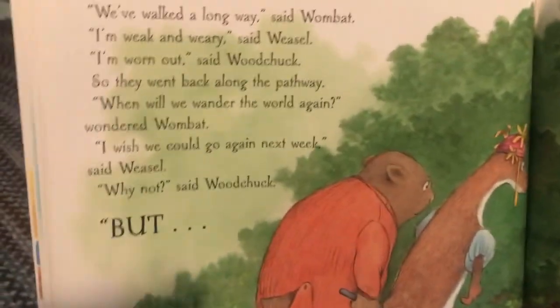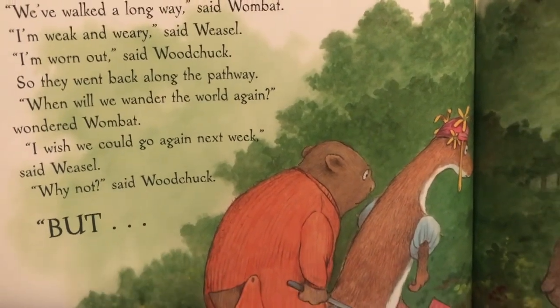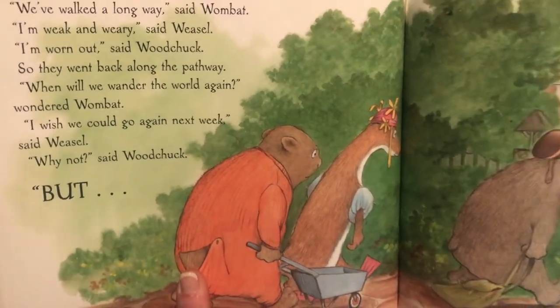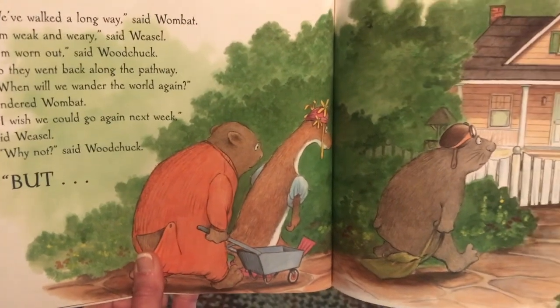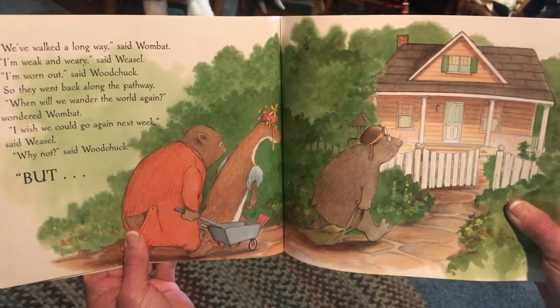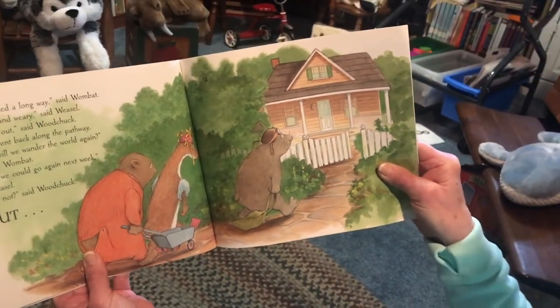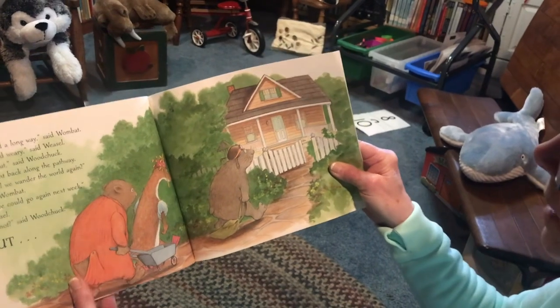"Well, we walked a long way," said Wombat. "I'm weak and weary," said Weasel. "I'm worn out," said Woodchuck. So they went back along the pathway. "When will we wander the world again?" wondered Wombat. "I wish we could go again next week," said Weasel. "Well, why not?" said Woodchuck. But